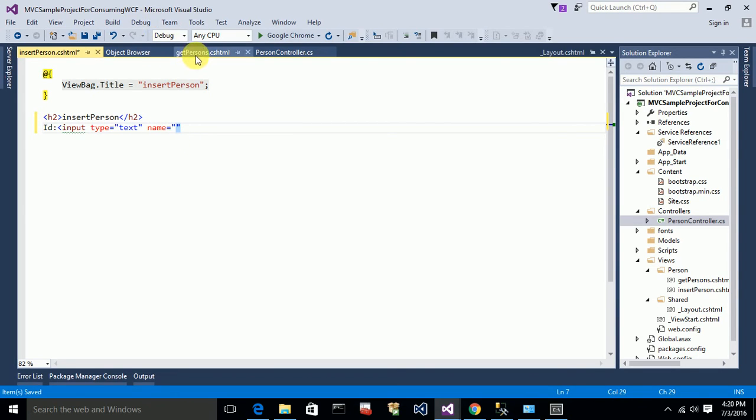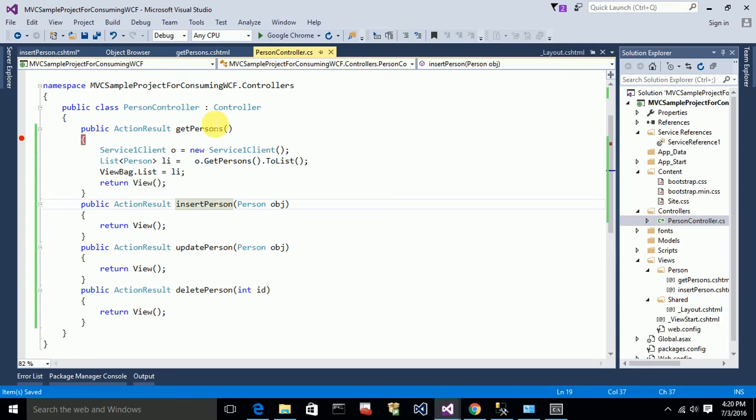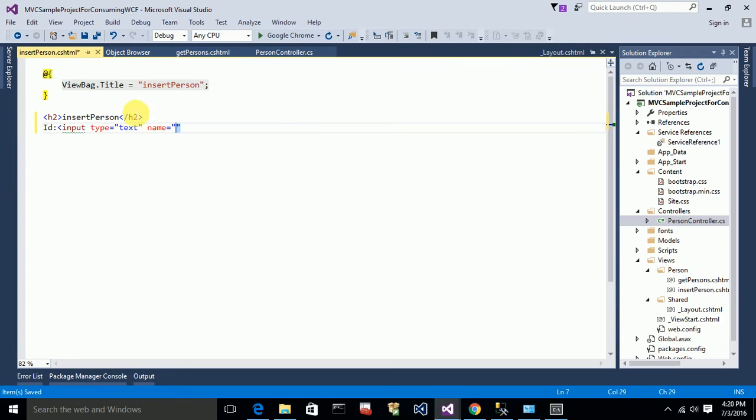When you submit anything from the form to the action method, it will match the names of each element name, and it will populate this object. So that's the reason you have to match the property name with the element name. So name is id for id. Okay, and I want to have everything in a form,